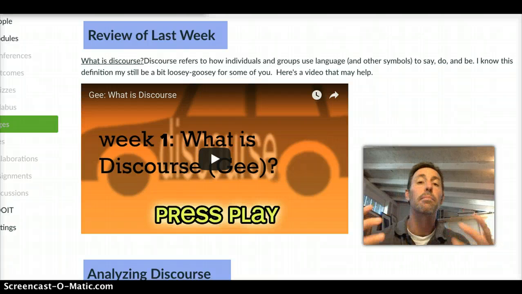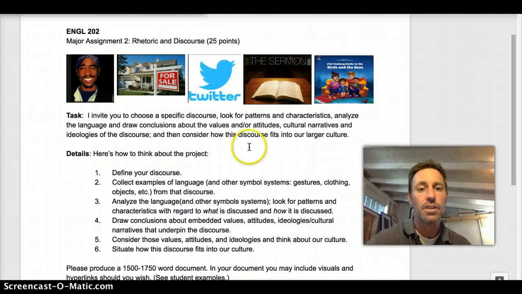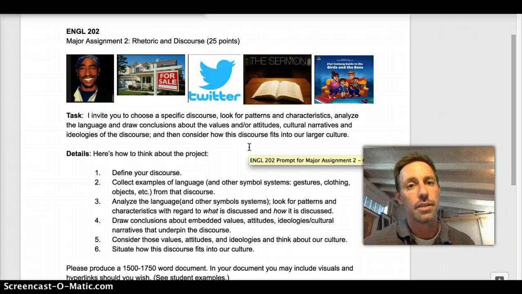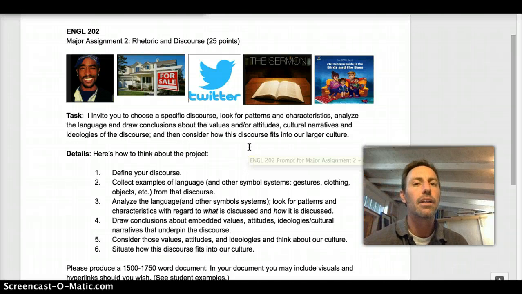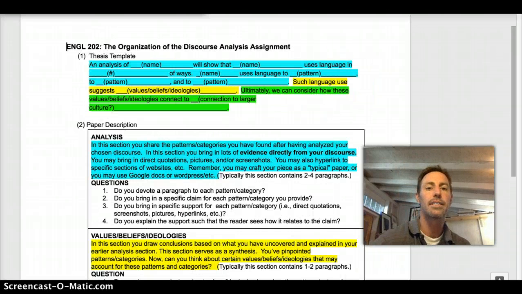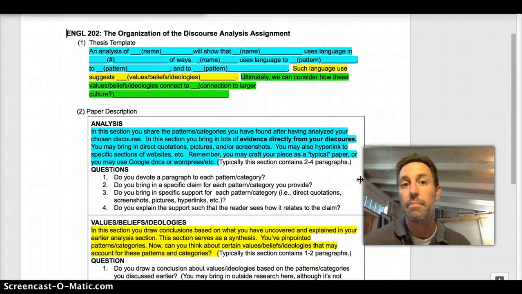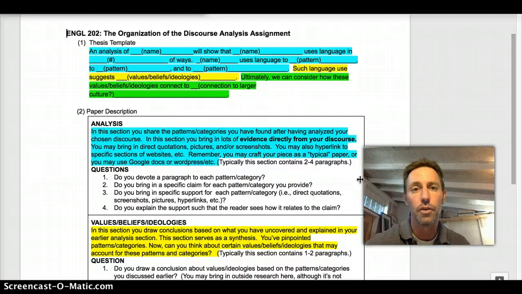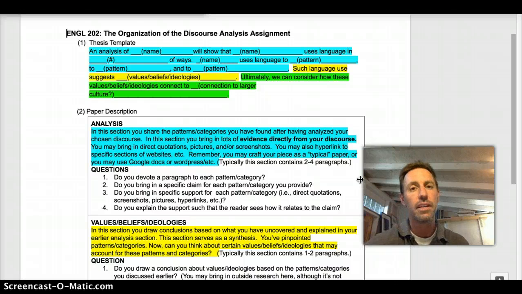Now, let's talk about the project specifically. I know that last week I gave you access to the prompt. And the good news is this. This project is very organized. You can see here I've given you kind of 6 steps to consider, although I think I can even clarify a little bit more. And so along with the prompt, I'm giving you access to this document. And this document here is kind of the magic document, the cheat sheet, if you will. What I've done is I've organized all of the different